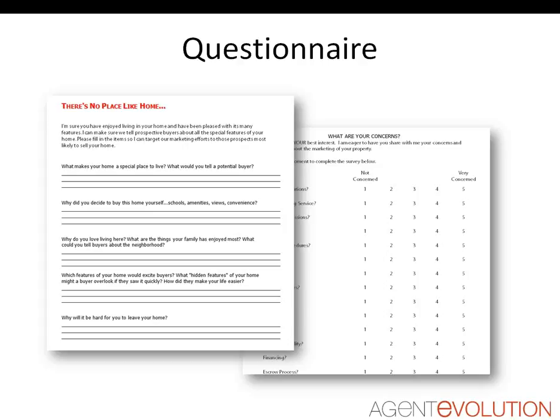And then also, another component of the questionnaire should be the home story. And that's really identifying the unique features of the home and letting that seller express what's special about their home. They know it best. They've been living there, so they can really give you a feel for the components or features of that home. And I will say, including this as a part of the pre-listing package is really important. You really want to stress that you'd like to get this back prior to the listing appointment.